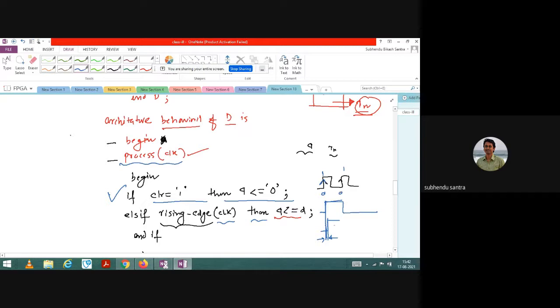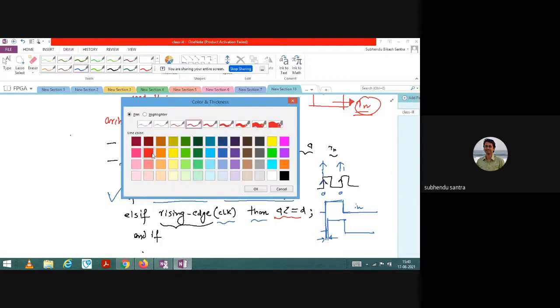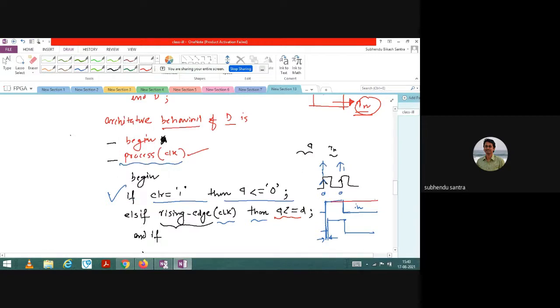But the thing is quite simple. If this is the input variation, the output will simply be like this, after some delay. And that happens only for the rising edge change, from 0 to 1. Fortunately here I have changed the input. If you do not change any input in this time interval, maybe it is constant, then there will be no changeover, so it will remain as it is.